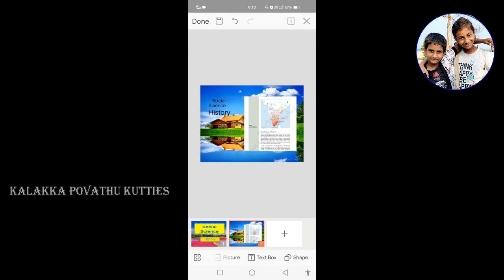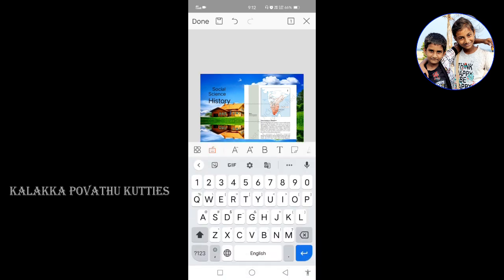Okay. Now if we want a new title to be typed, we can give a text box to be typed. See here, I am giving a text box, and a new text box is given for us to type.